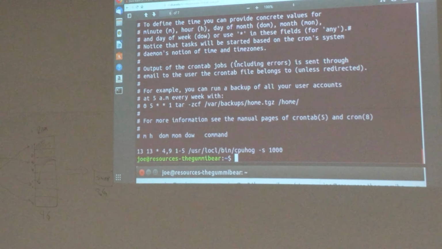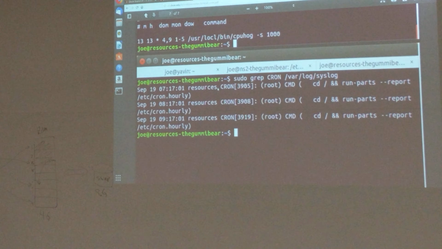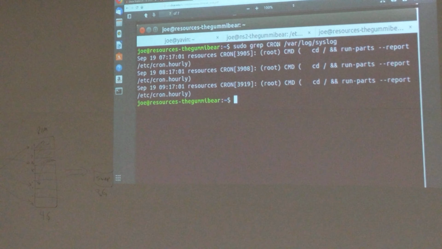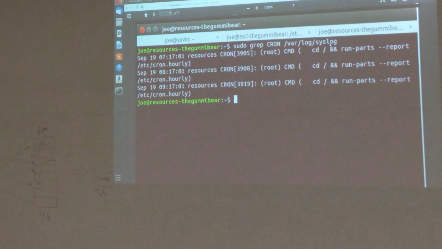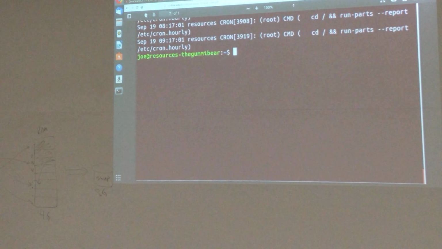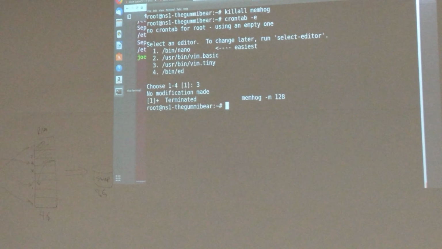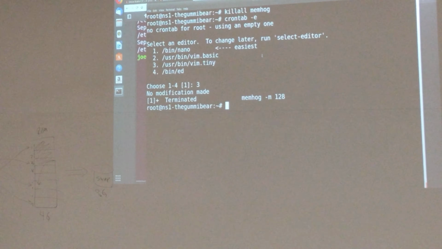Let's see. I already showed that. You can always look in your syslog to get some limited information about cron. Okay, here's the other one I want to show you. Just to review cron a little bit,